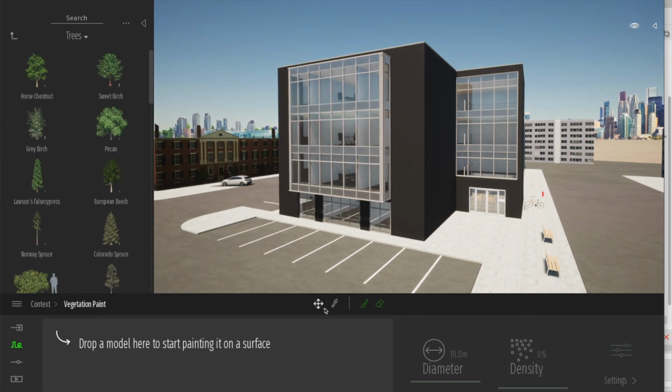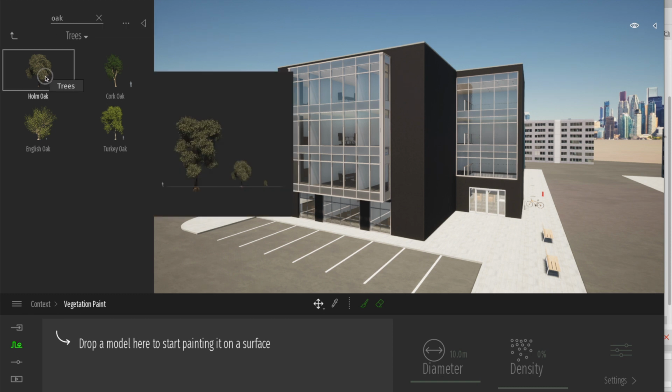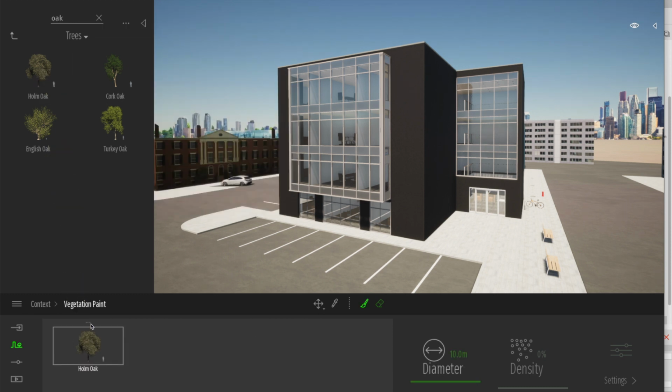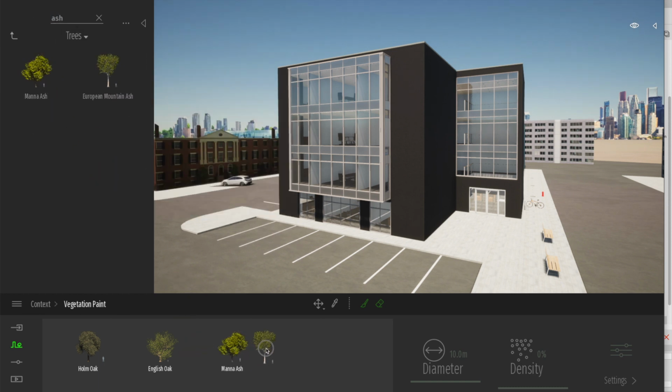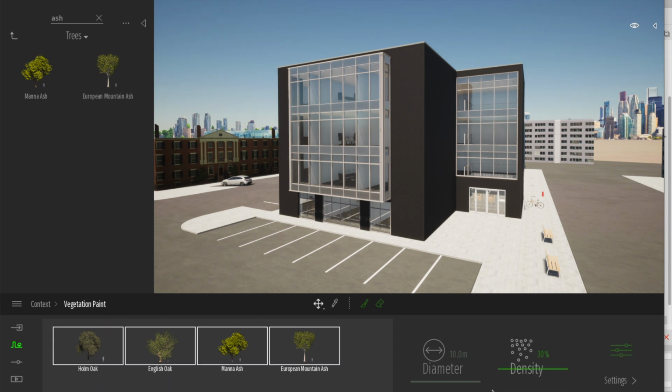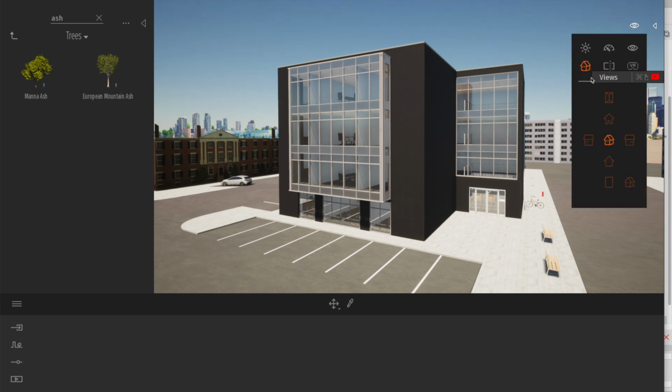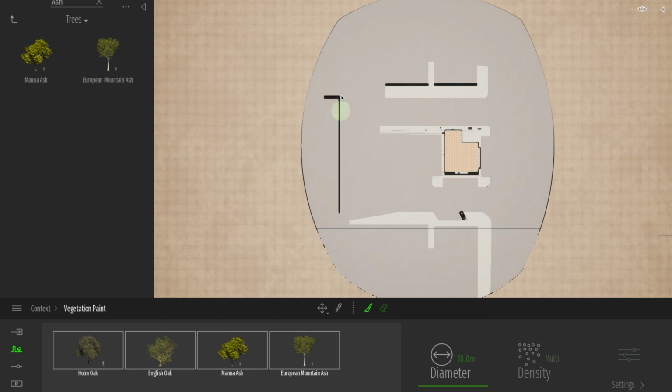Once I'm happy with my surfaces, I start building my scene, and I'm going to start putting some trees within the surrounding environment. So basically, I pick up a bunch of trees and then apply them into the model in a paint-like manner. So I'm going to scatter trees around my scene, and you will see it will make a tremendous effect in